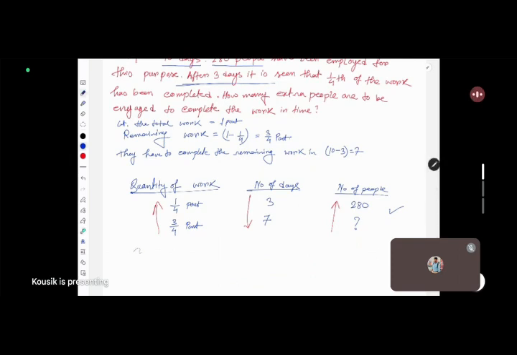Now we write the 1/4 part of work complete in 3 days by 280 people. So the one part of work complete in 1 days by, see that